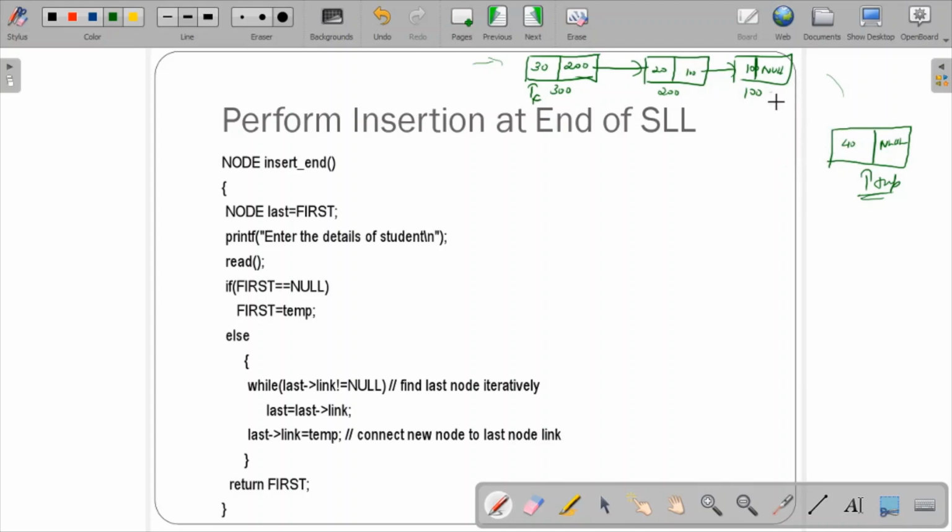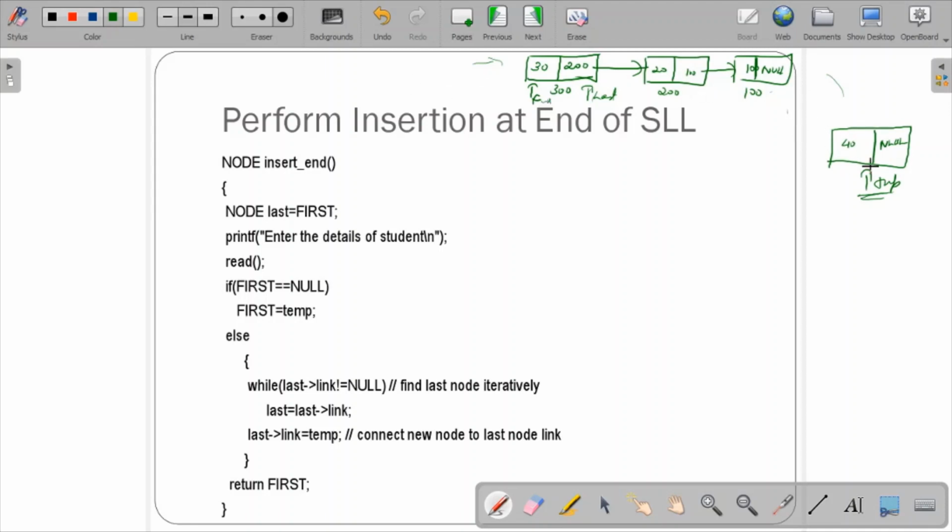So node last, I'll tell you why I'm declaring it as we go through the process. I'll declare node last is equal to first. That means whatever the memory address of first is allocated to last. So this will be last, this is first. So first and last both are pointing to the single node.